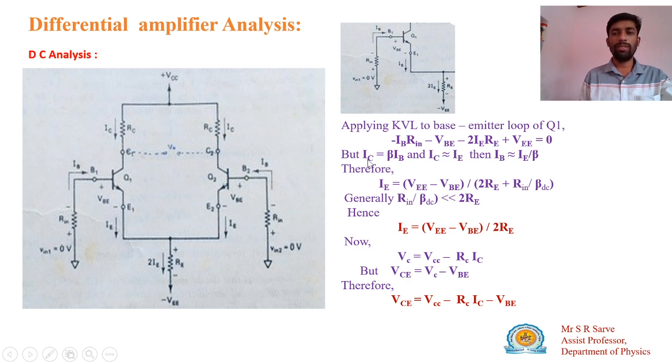So to obtain the operating point values of IE and the voltage across collector and emitter, first we have to consider this first loop, from this input source, which is grounded, through the input resistance to the base of the first transistor, the emitter of the first transistor, then through this RE resistance up to the minus VEE. So consider this loop. Here it is given. So you have to consider this loop and apply Kirchhoff's voltage law to this loop. Then what happens? We are moving in this direction, and the current direction is also the same.